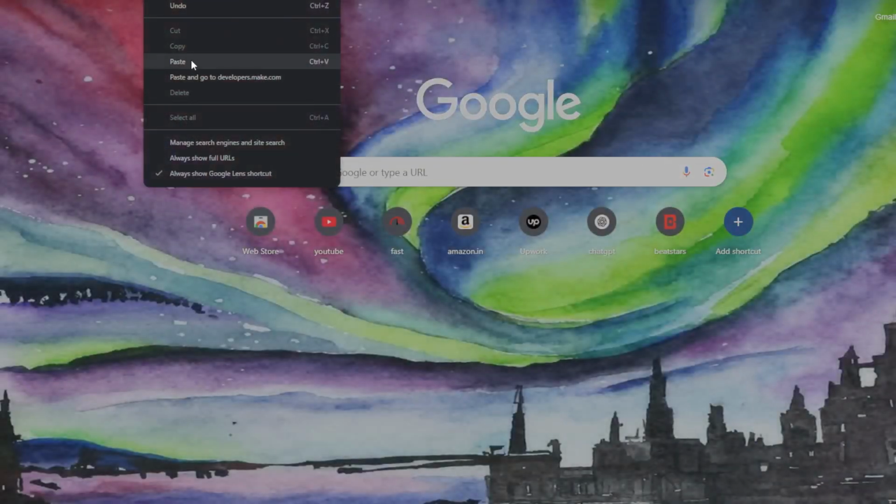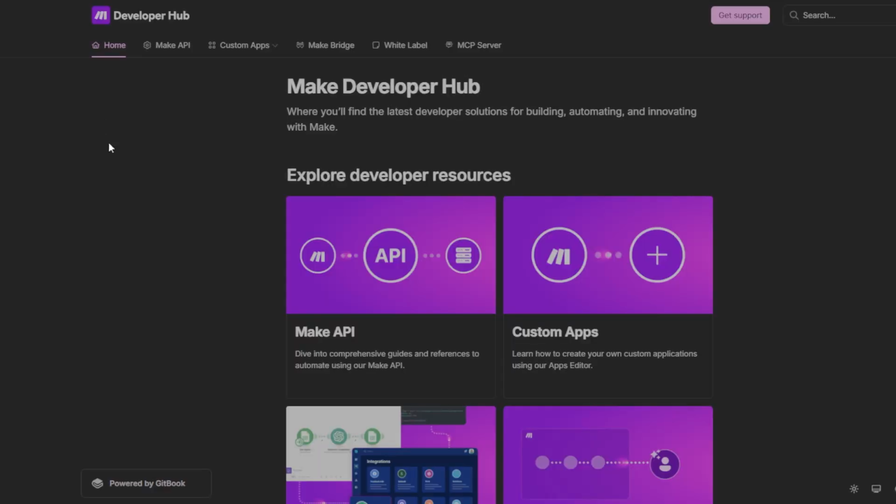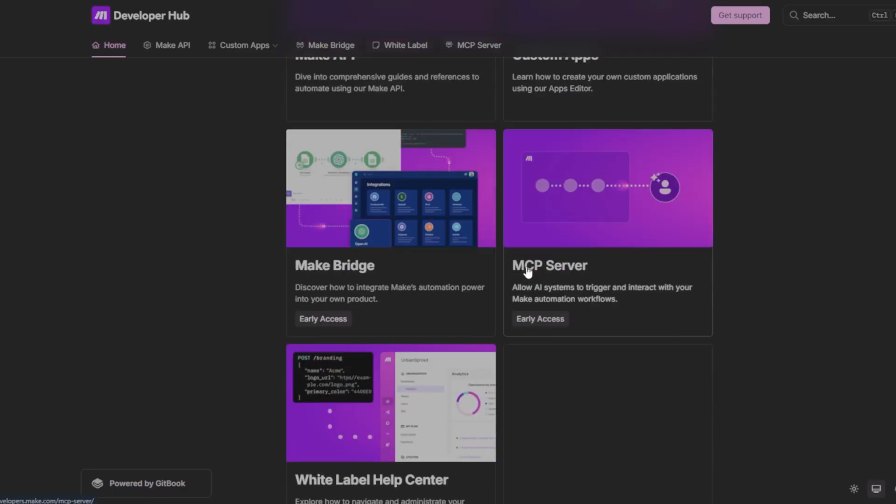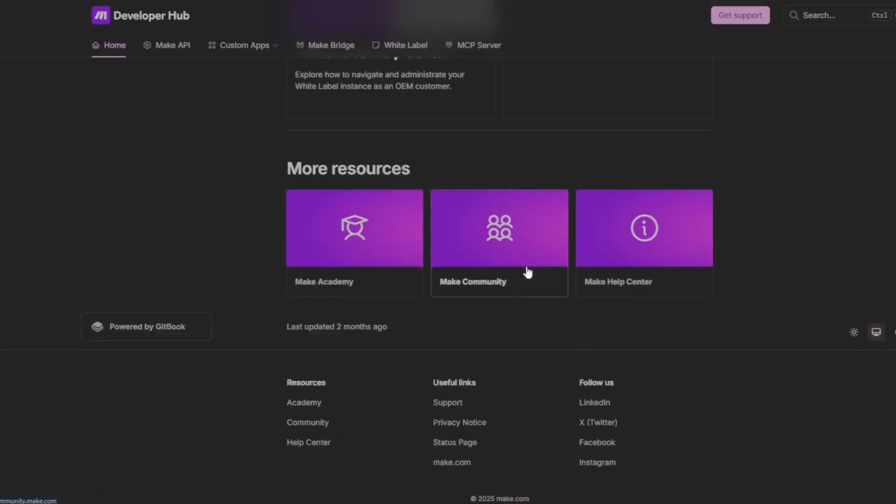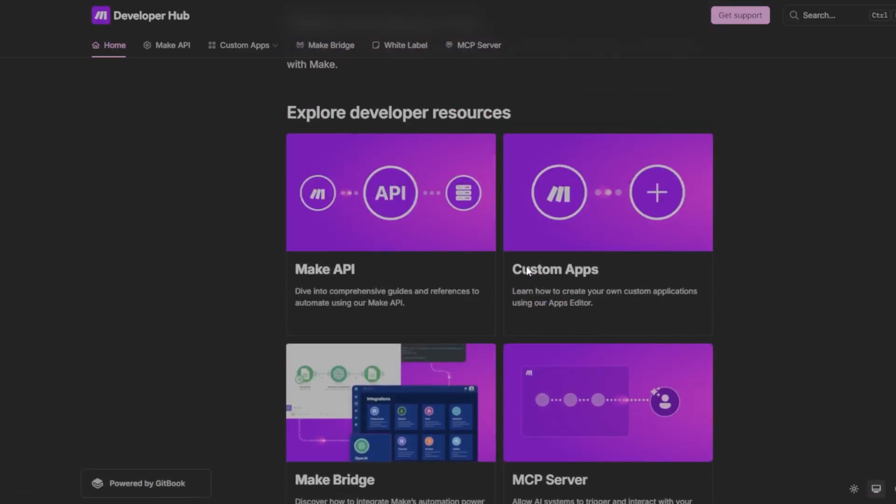Now generate a new personal API token. Click Create Token. Give it a name and optionally set token expiration or scope depending on what kind of access you want. Once you have it created, copy the token and store it somewhere safe, as you won't be able